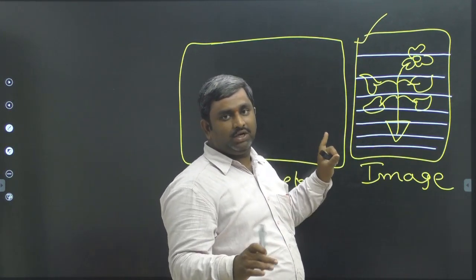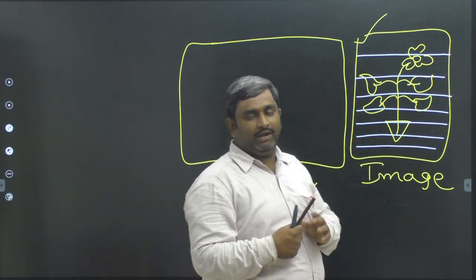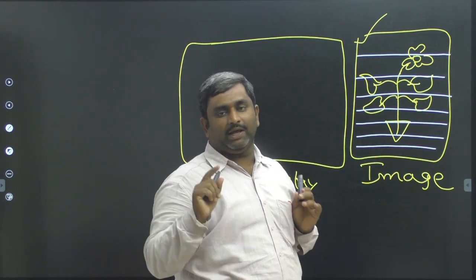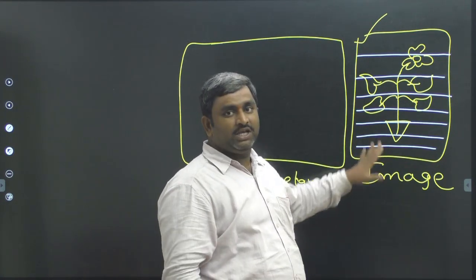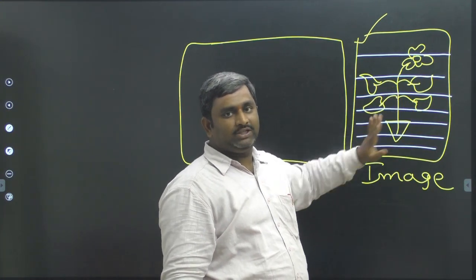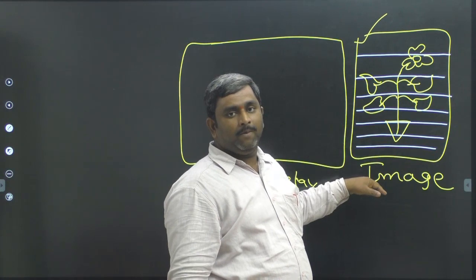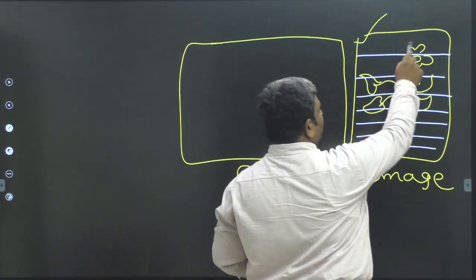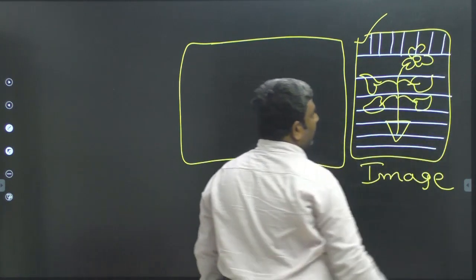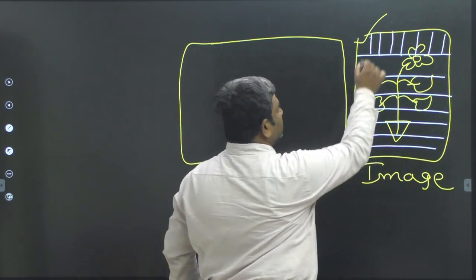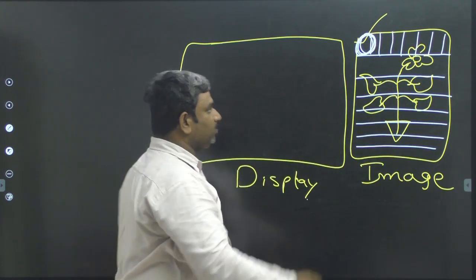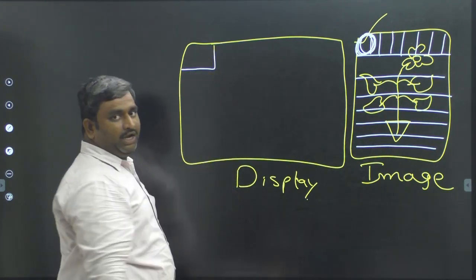In the previous displays, we have a single electron beam, and when it is moving, we can observe the signal. In this type of display, the total display is represented with some image. This image is divided into different parts in the horizontal direction. So this is the first part. In this part, it will divide different columns. First, it will read the information in this first box. Whatever information is available in this first box, that information it will display here first.